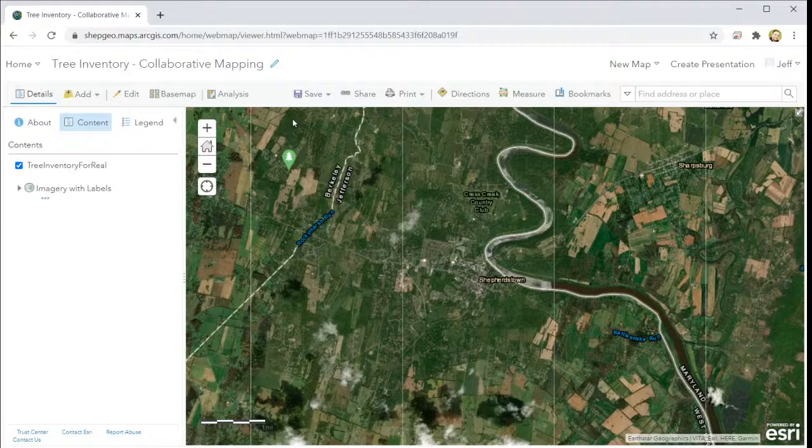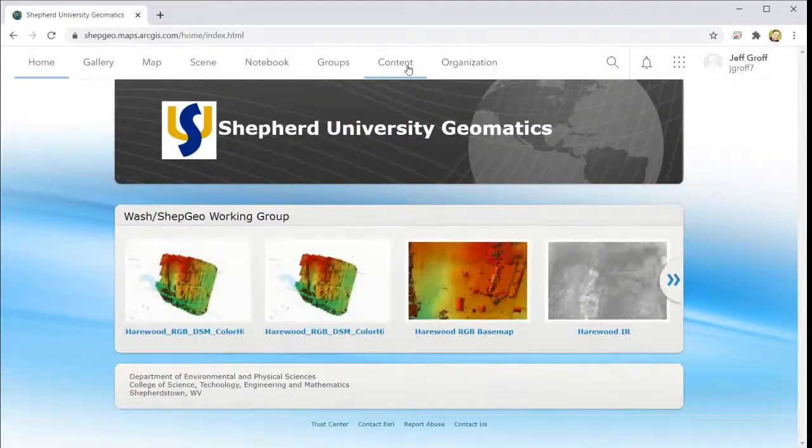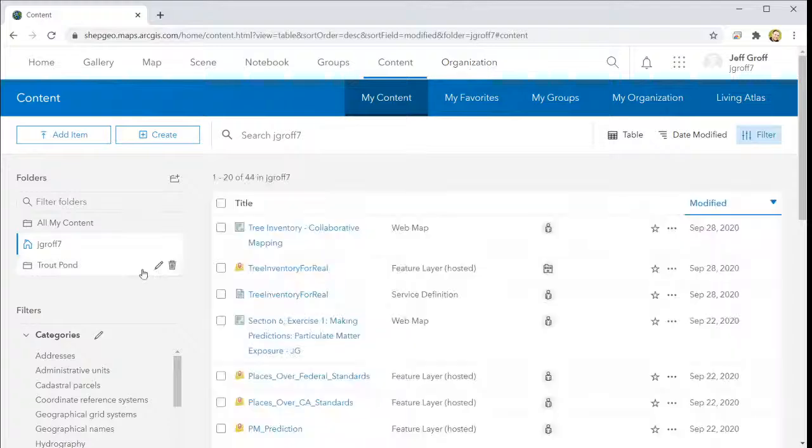So I think it's all ready to share now, so we could try this out. If any of you have access to ArcGIS Online, see if you can go and add a tree to this map now. So what you would do is you go to ArcGIS Online, and in content